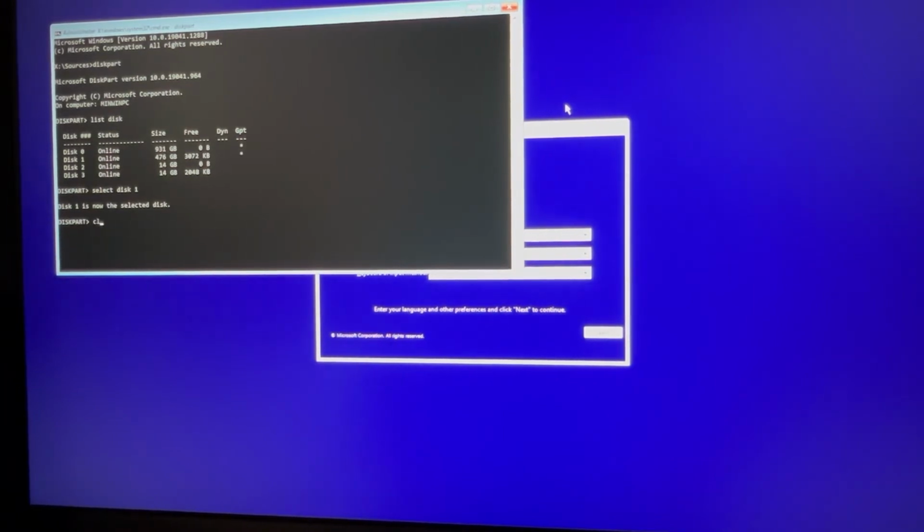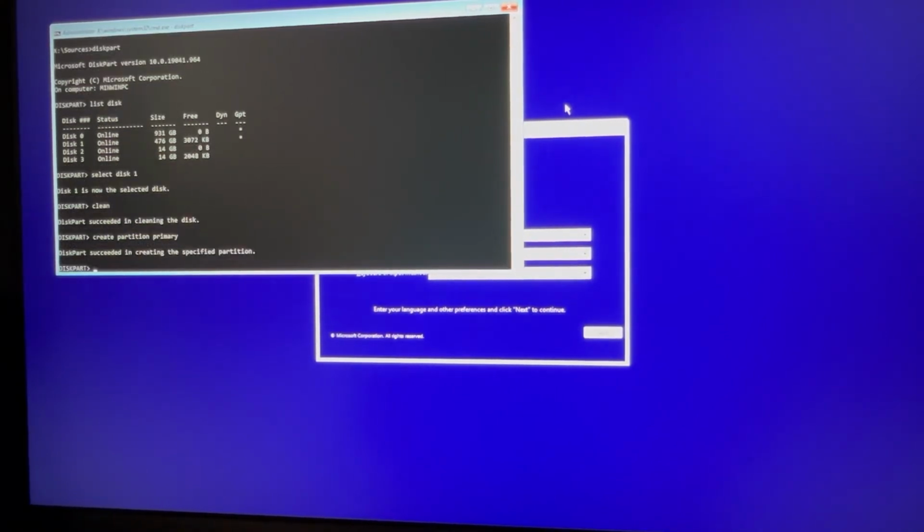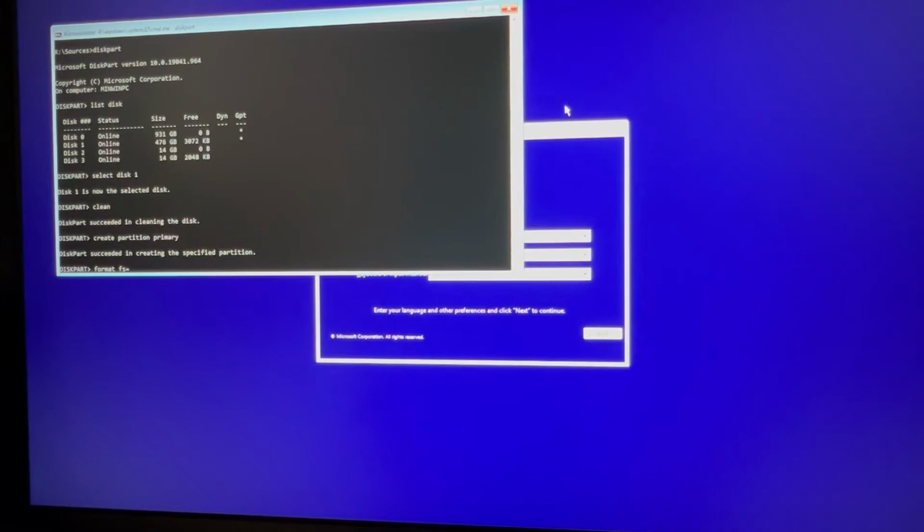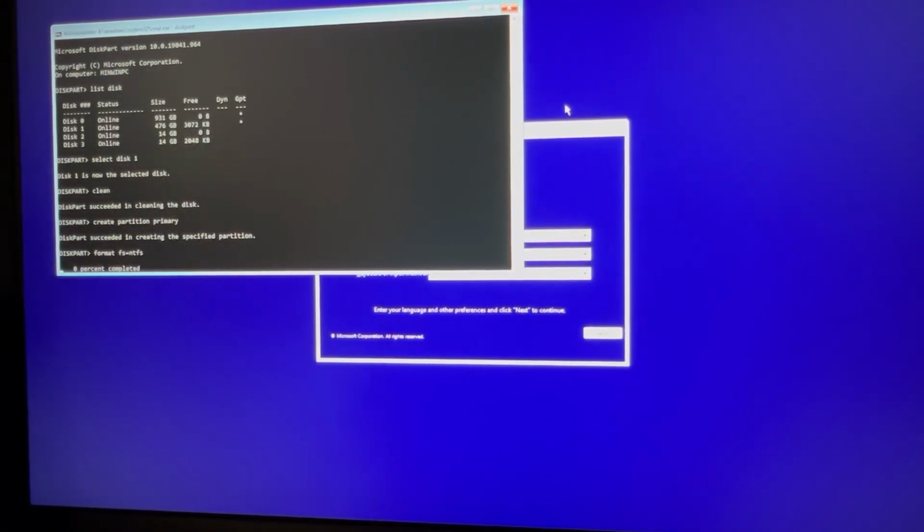You're gonna hit clean. Alright, clean the disk. Create partition primary. Alright, next you're gonna do format fs=ntfs. Enter. Alright, this is going to take like